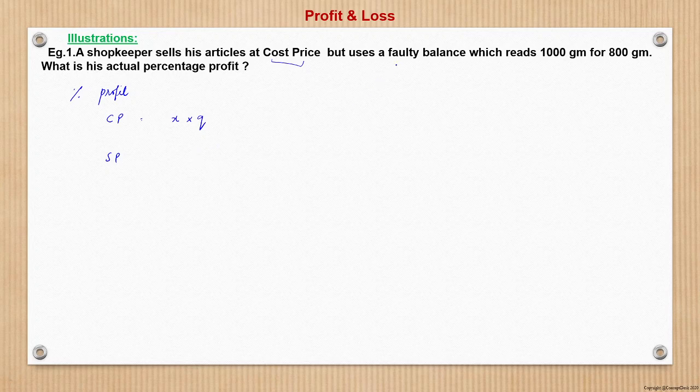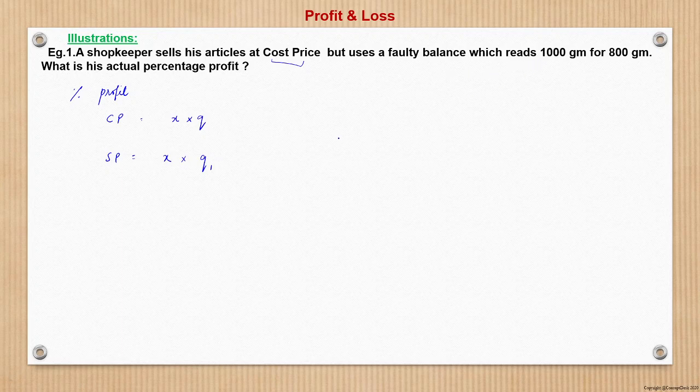Selling price here is with the use of the 40 balance. Now see, there are two things. He's selling at the same unit rate, that is X. However, the quantity is different now. It would be Q1. What is that Q1 that we need to ascertain? Q1 is the quantity which the seller would actually be selling, right?